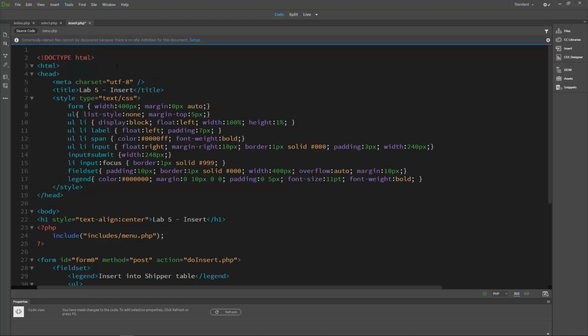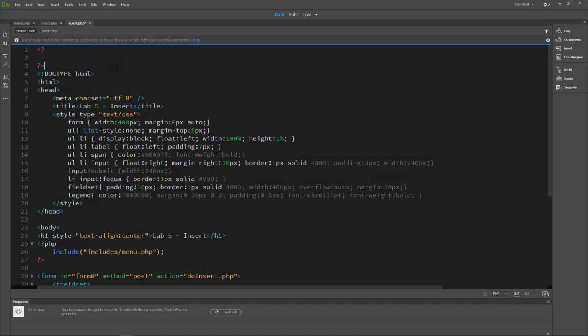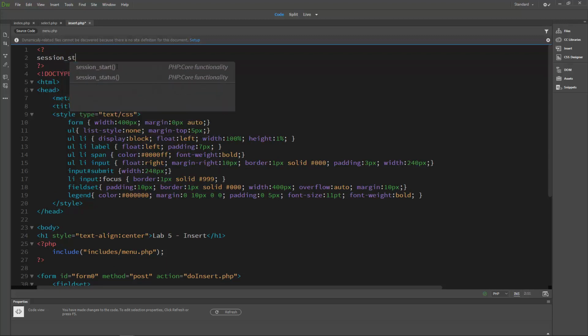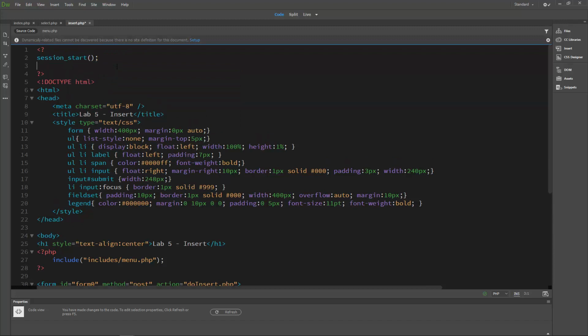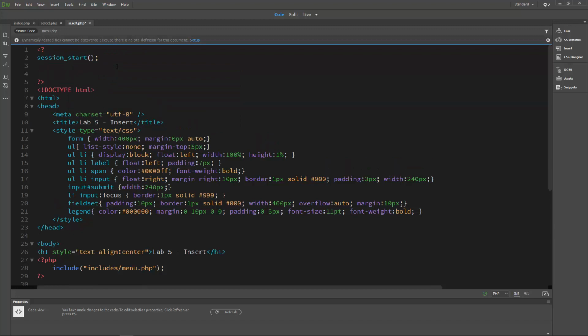Above the doc type tag, we are going to have session start so that we can use the session variable. So now we can use session variables as part of this. And then we are going to check to see if there's an error message on the page. And so we are going to provide feedback